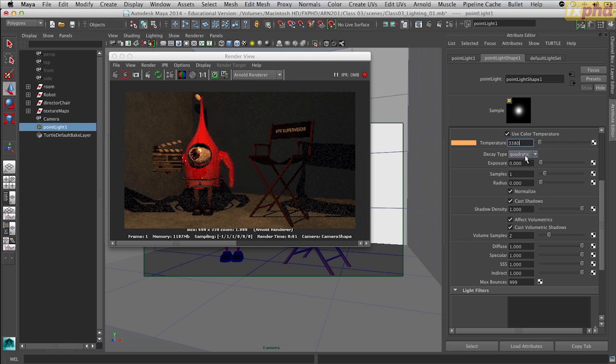Below that, we then have our decay type. Now the decay type isn't available for our directional, distant or sky dome lights. So they're the lights where you're not going to see this, but for all our other lights we've got support. And basically we've got two types of decay. We've got quadratic, which uses inverse squared decay, and then we have the constant, which basically just means that the